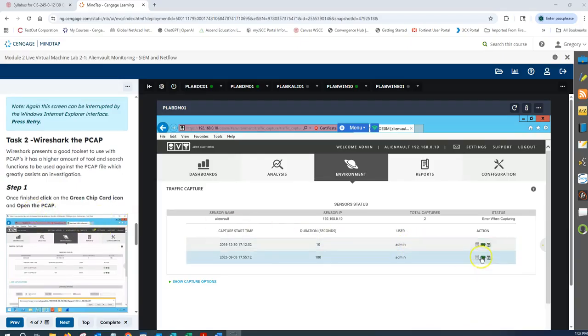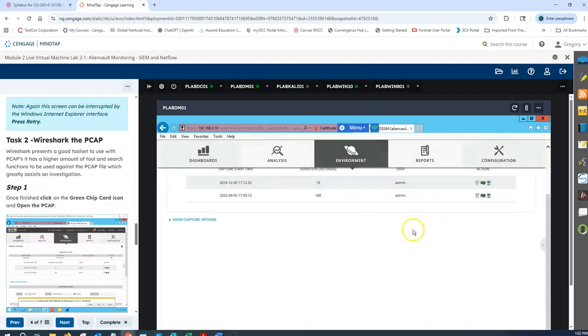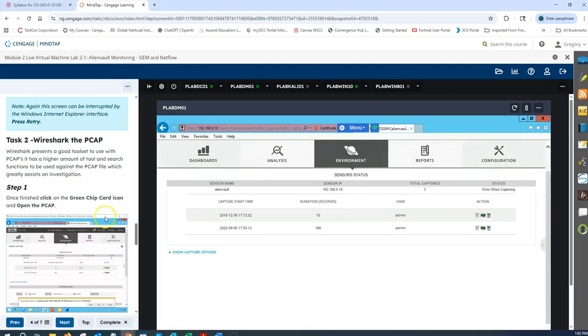Alright, once you finish, you're supposed to click on the green chip icon, which I guess is supposed to be this. And download it, but I'm not seeing a download actually happen. So I'm thinking that